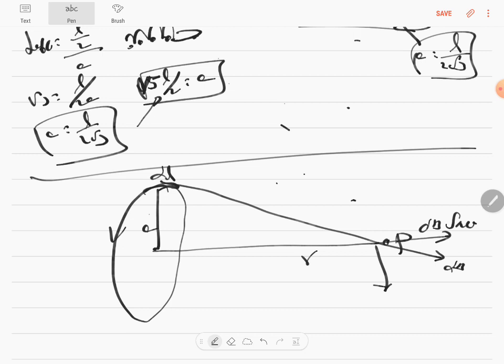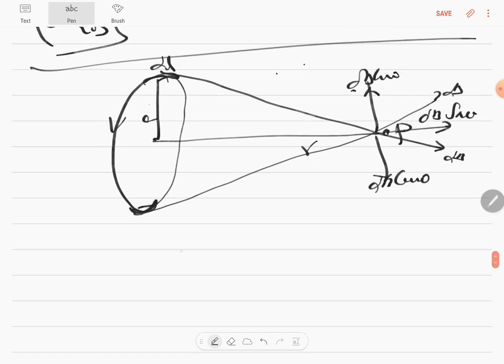The electric field and magnetic field are perpendicular to each other, so this will become dB sine theta and this will become dB cos theta. Considering another element diametrically opposite, you will get another dB, and then this will become a dB cos theta. Here the dB cos theta component is getting cancelled, and you have to integrate dB sine theta over the entire 2 pi a, for which you have to take, this is very critical,